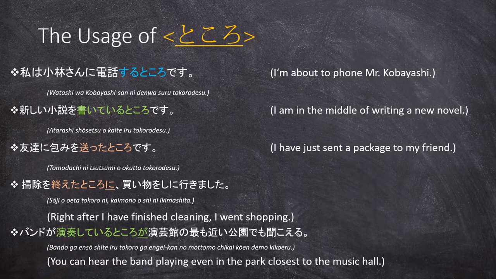You can see here that I have used the Tokoro construction of being attached to the verb form as a big noun, and I have tagged it as ga, because here everything that precedes ga is one big noun, and we are saying that we can practically hear that from a certain place, and that is the closest park to the music hall. So in short, you have here everything that you need to know about Tokoro in order to